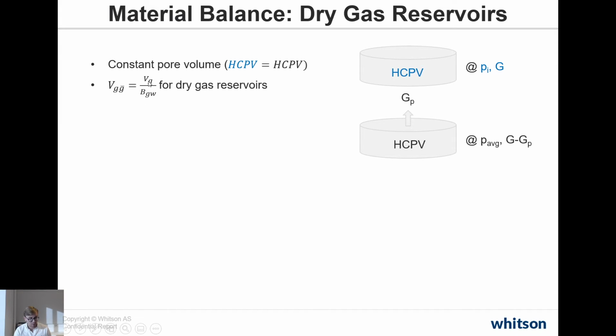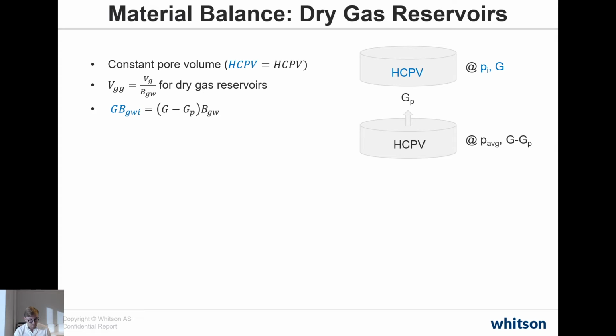That's simply where we take the reservoir volume of gas and divide it by Bg. This is applicable for dry gases or dry gas reservoirs. So if we take this constant pore volume assumption, that the hydrocarbon pore volume has to be the same, and we multiply